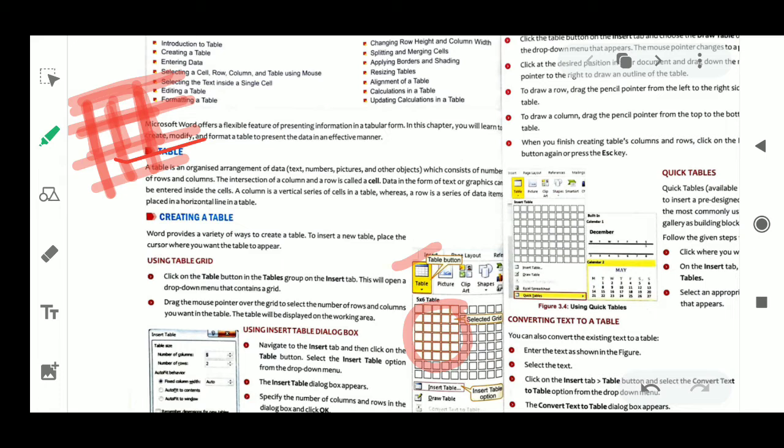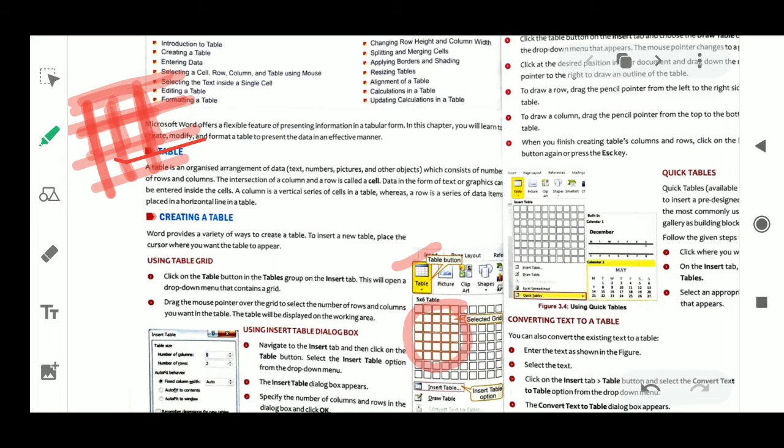Suppose I'm using MS Word; in MS Word also we can insert a table. Especially for working on tables there is one application, MS Excel. But here we will study inserting a table in our MS Word document.